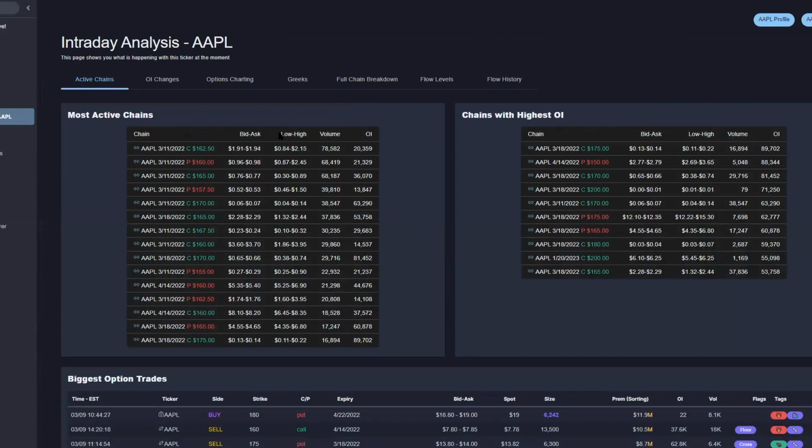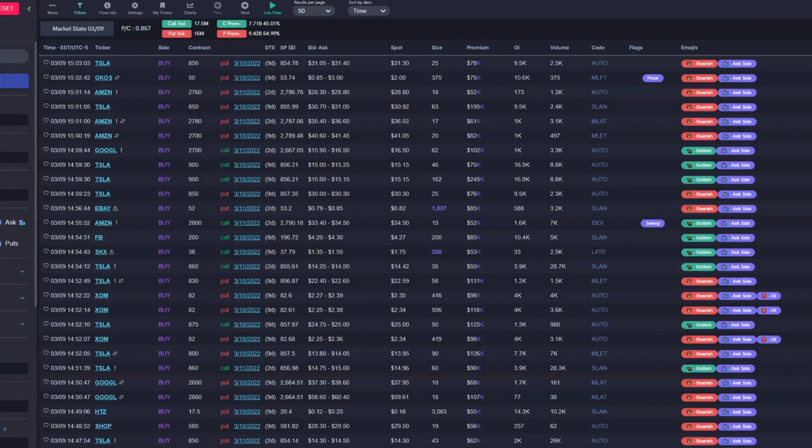The most active chains. From the most active chains, right? We can go 162.50 calls on Apple that expire on Friday, right? What we can do is we go to the live flow. We can filter it, and we know, are these mainly bullish or are they mainly bearish? So let's go at Apple. Apple 162.50, right? We can go bid and ask to know if they're bullish or bearish. And then what we're going to do is we're going to go strike range